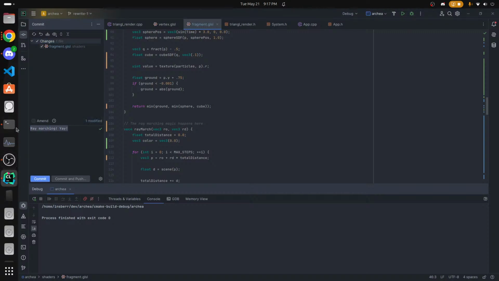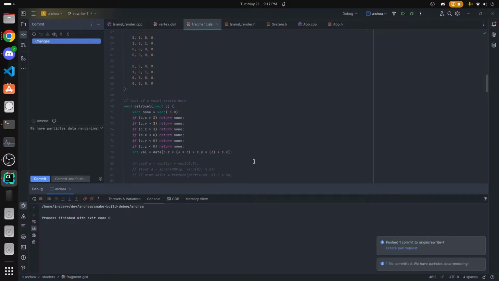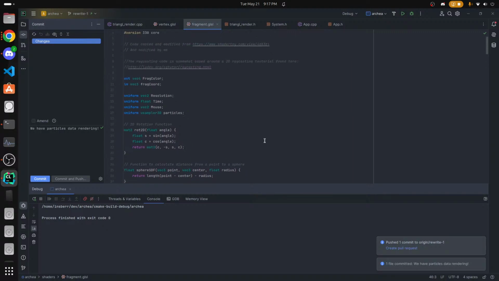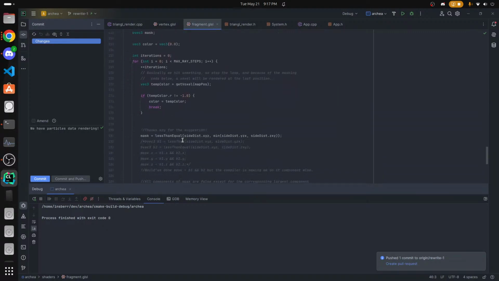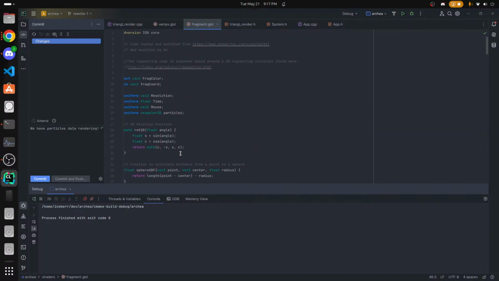All right, let's create a save point here. We have particles data rendering, needs BG. There we go. Yeah. All right. Let's clean up the code. It would be nice to have transparency working. That might be a little complicated to get working with some of this, though, just because the way it's set up. Okay. So we have